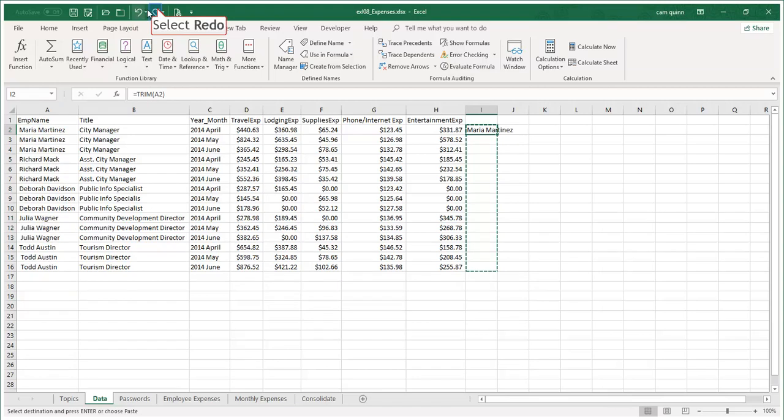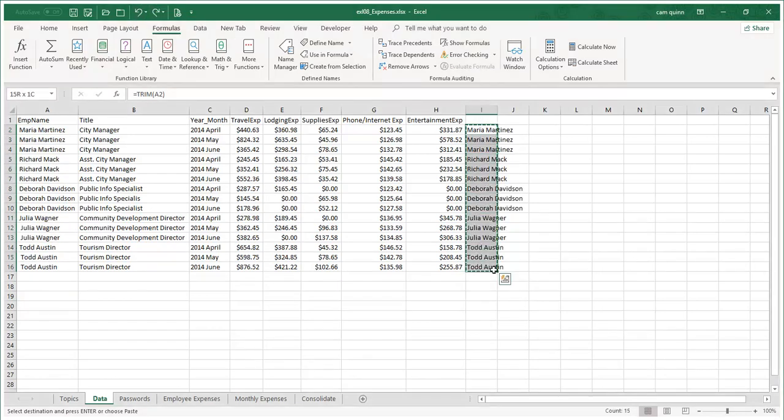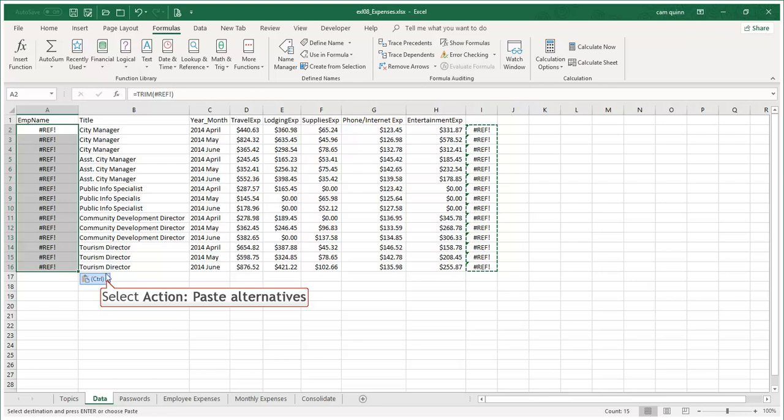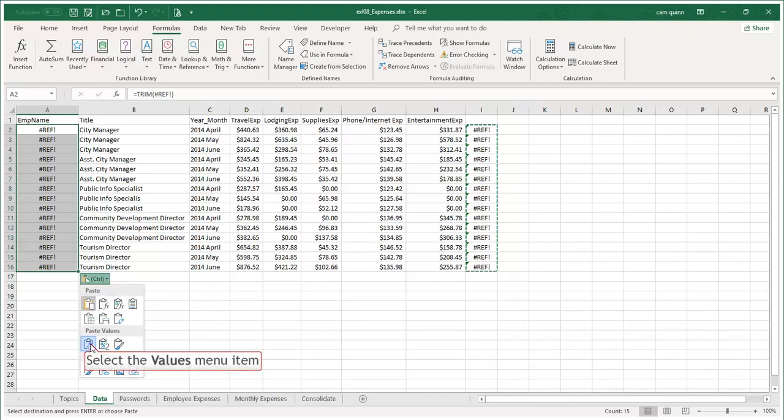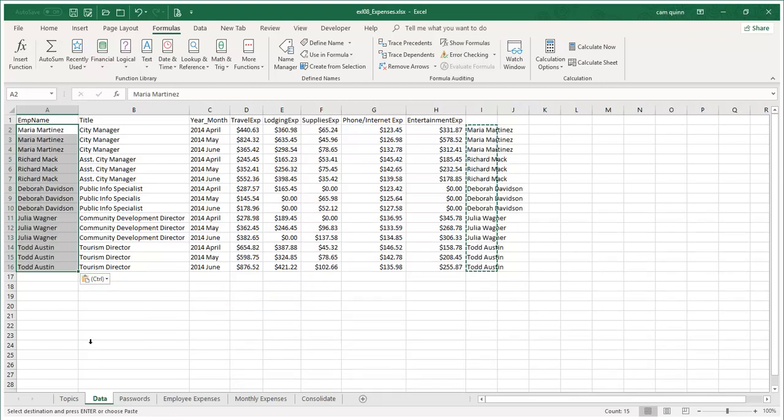And again, a second way that I could have done that is, whoops, I could have copied this, gone here and done a paste, Control V, and then I could have gone to my paste options button and selected values. So another thing that you should do, the textbook doesn't, but quite honestly you should, is whenever you